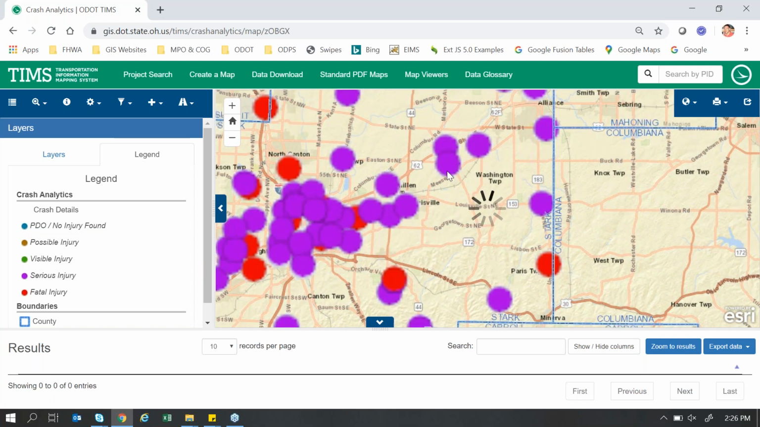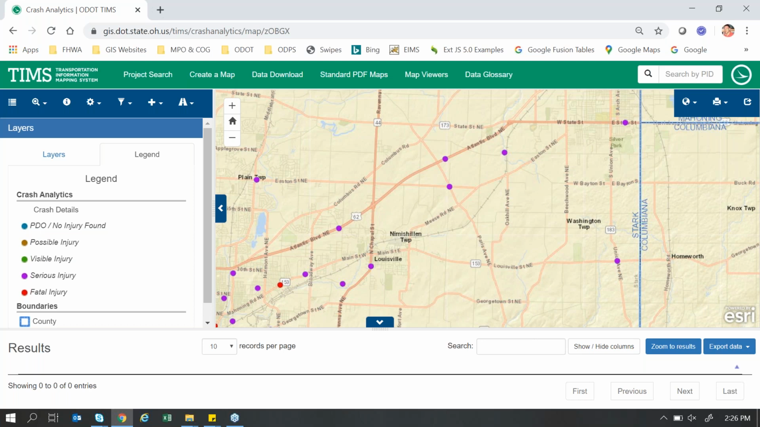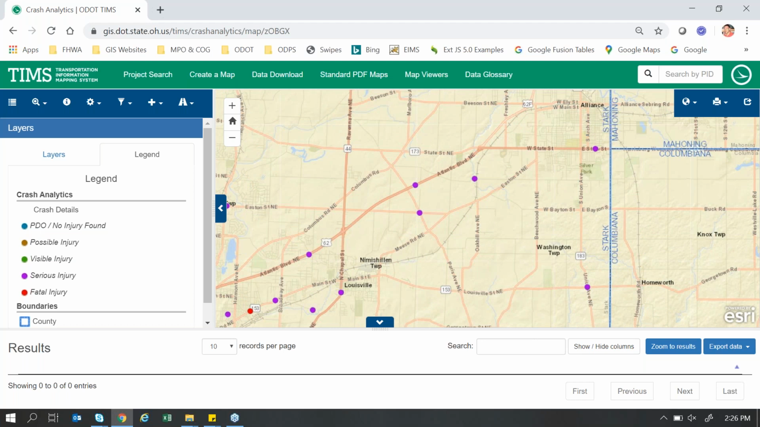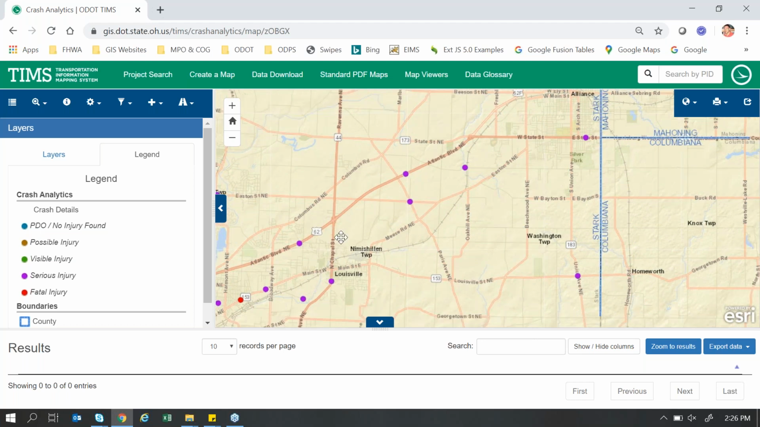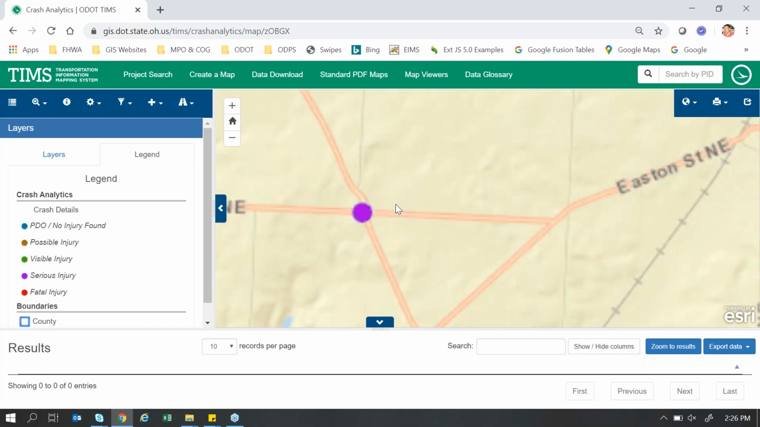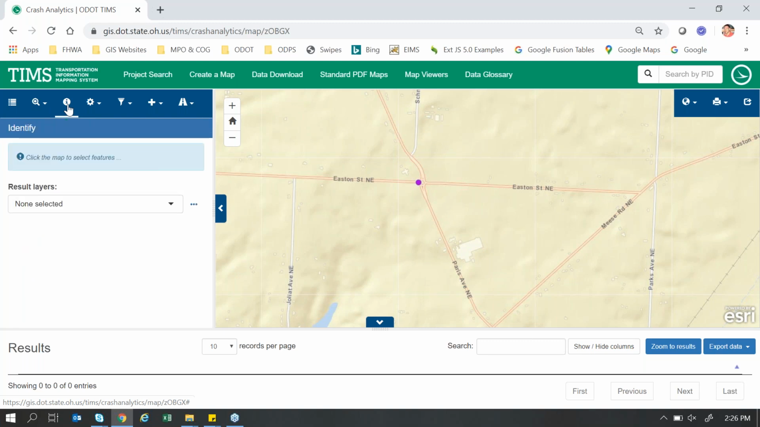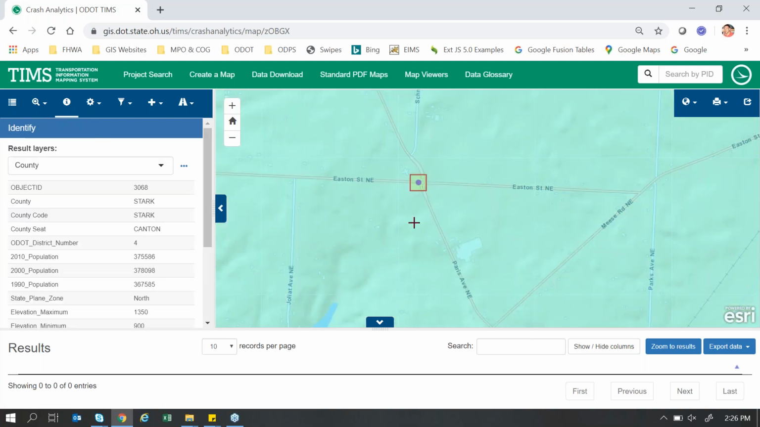And then one other thing I'll show you here is if you just want to look at a crash report for a specific crash, just say one or two, just to actually view the report, you can zoom into any dot on the map. I'll pick this one right here. And then again, working in the blue toolbar at the top left corner, if I hit the Identify Features button, which is the third one from the left, and then just come to the map here and click on the point,